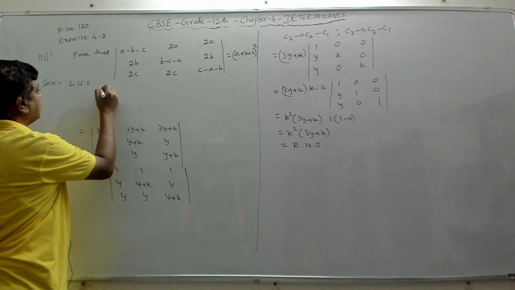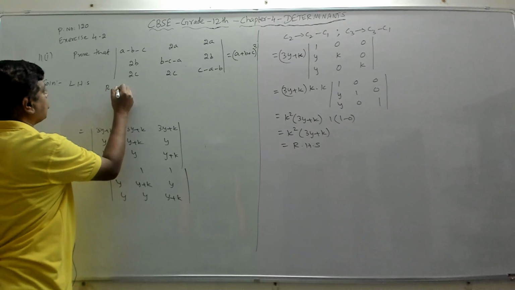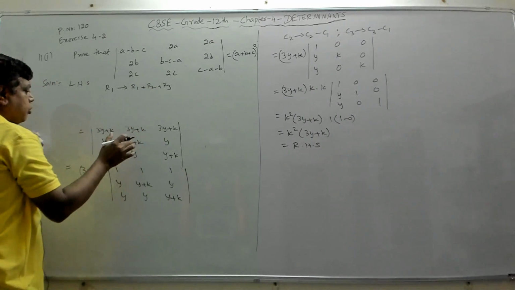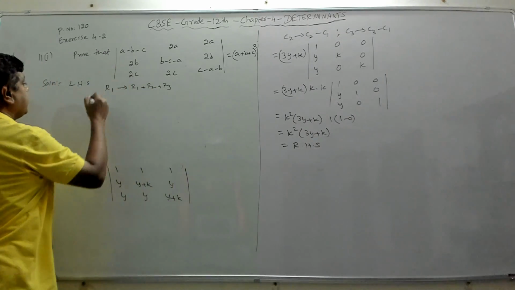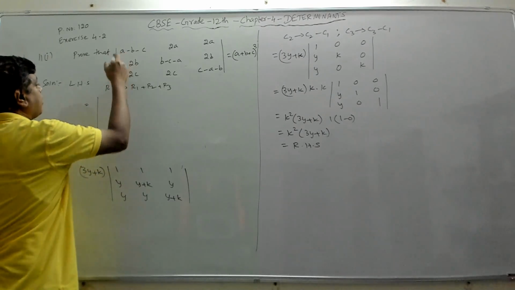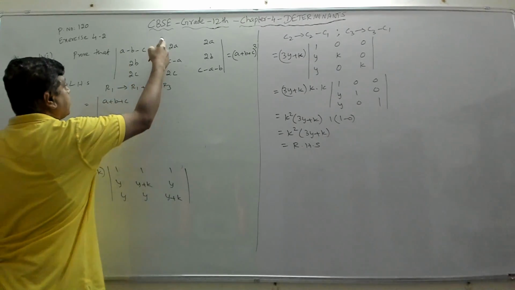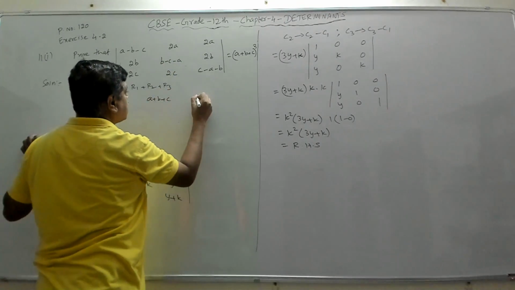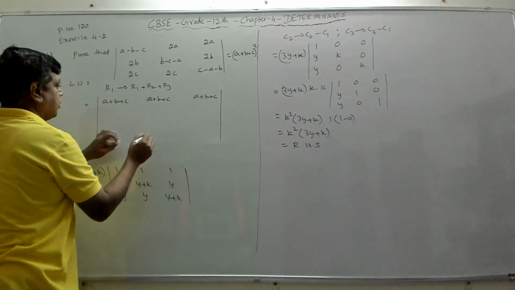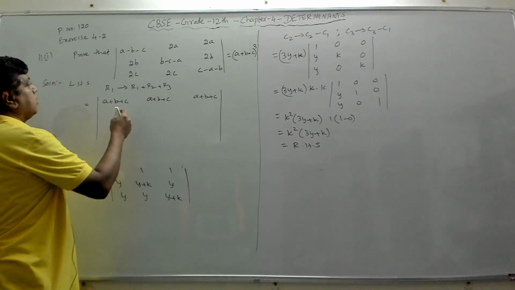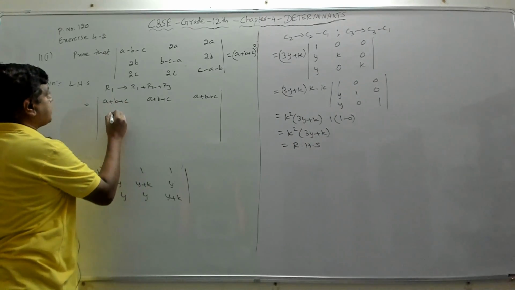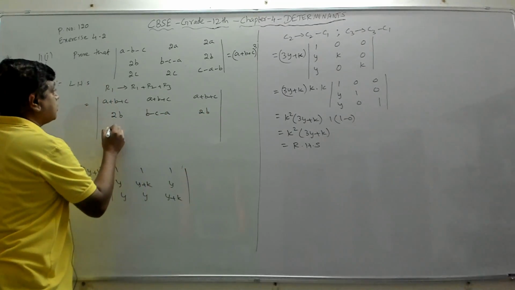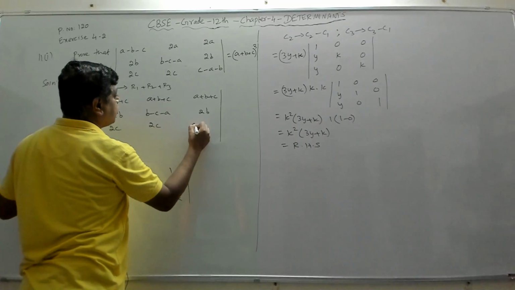So I'm starting with LHS and directly applying this. Row 1 implies row 1 plus row 2 plus row 3. So I'm taking this LHS and I'm applying this operation. I'm going to write the determinant here. So if you apply this, you'll get determinant of, if you add all this, you'll get A plus B plus C. R1 is R1 plus R2 plus R3, which is A plus B plus C. It will also give you A plus B plus C. Fine. Now, second row as it is, third row as it is, second and third row I'm writing as it is.